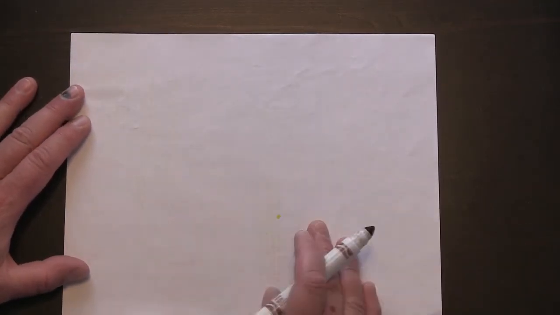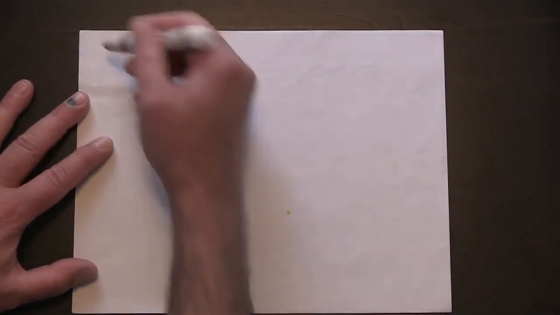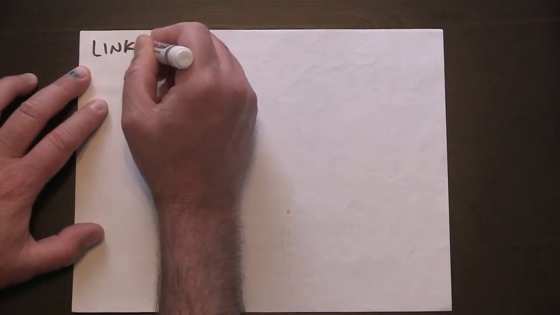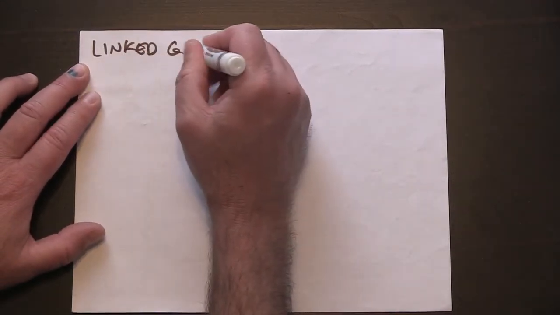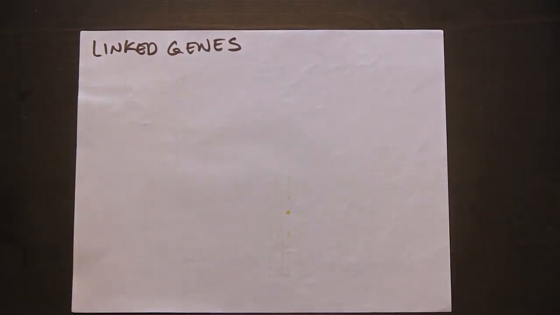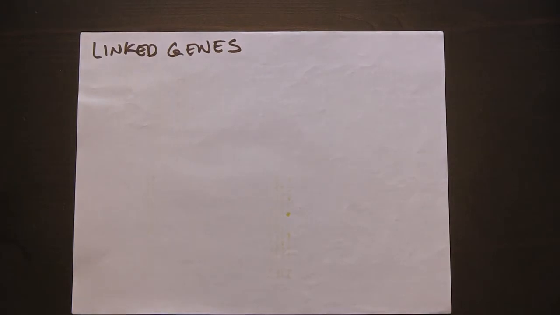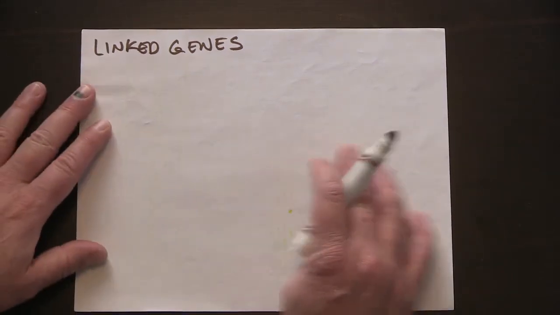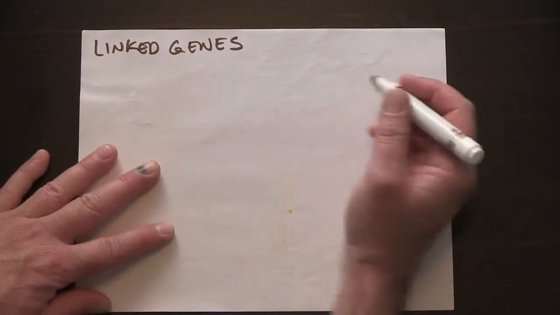Because now we're going to talk about how sometimes they don't sort independently. So again, there's always an exception to the rule. And people have found that some genes are in fact linked to one another. So you're going to see more commonly those two traits together. Okay. These are some experiments that were done by two scientists, Bateson and Punnett, the guy who came up with the Punnett square. So what they did is they had a